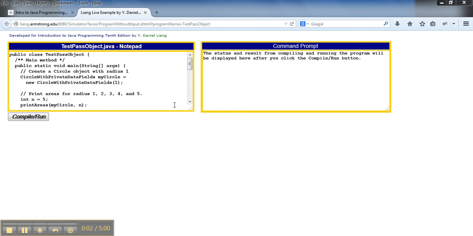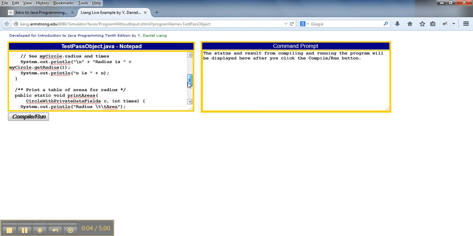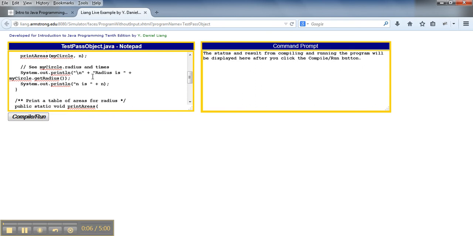So let's continue. Now I'm going to run it. The point I wanted to show you, but we ran out of time, since these videos are 5 minutes each, was that the radius is actually going to be changed, and the last